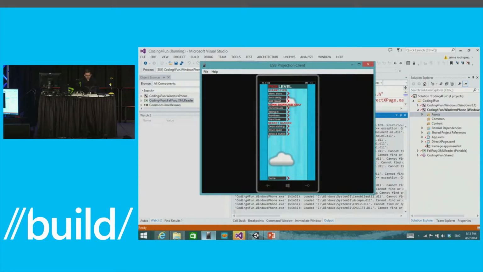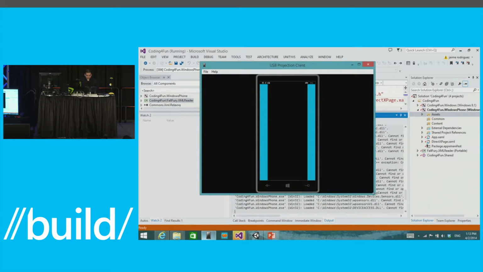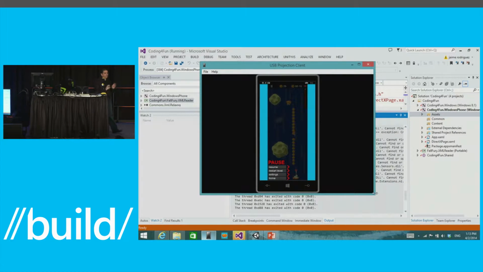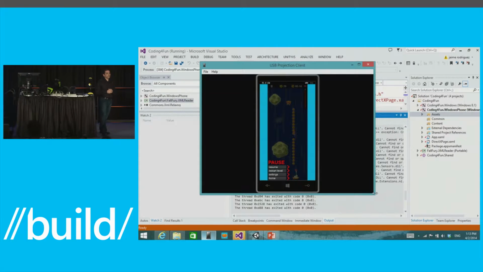Touch works out of the box. I can go through my levels. This is actually running on the phone. I'm actually using sensors. Sorry, should have turned that down a little bit. Right? So we're also sharing the sensor code. We're sharing the Direct2D code. We're sharing the DirectWrite code that we had before. So we're there. Right? And it was an afternoon plus a day of fixing some orientation and some screen resolution issues that they hard-coded because they wrote originally for Surface RT. Right? So that's where we're at today.